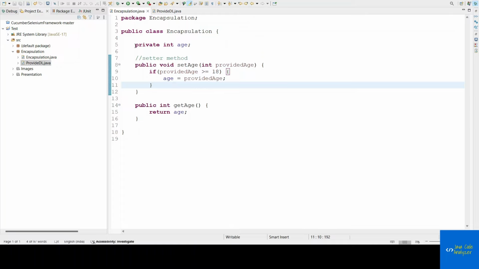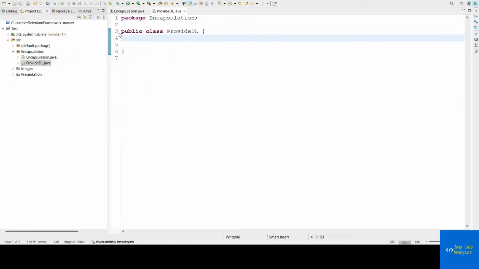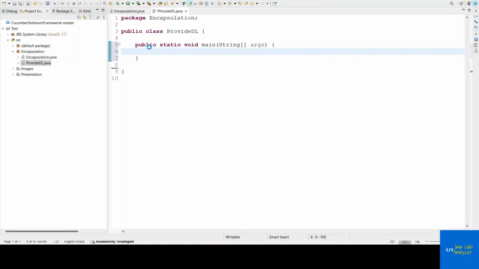Now in order to achieve this, let me create one more class and explain how this works. So I have created one more class here, the ProvideDL class. Now let me add some values here. Let me have a main method. The main method I have created only to call the methods that we have created in